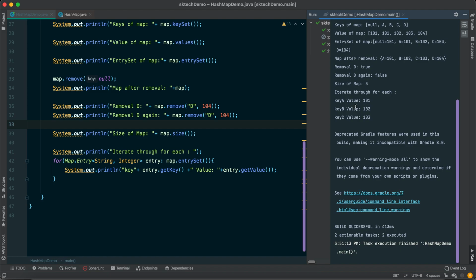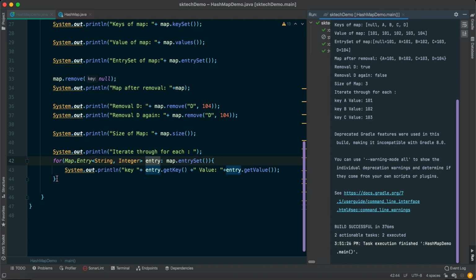Yeah, so if you can see the keys that we have printed, since we have not added any colon here, that's why it is not printing properly. Now let's run this program and see the output in a proper format. So we can see all the keys are printed here, and the values.